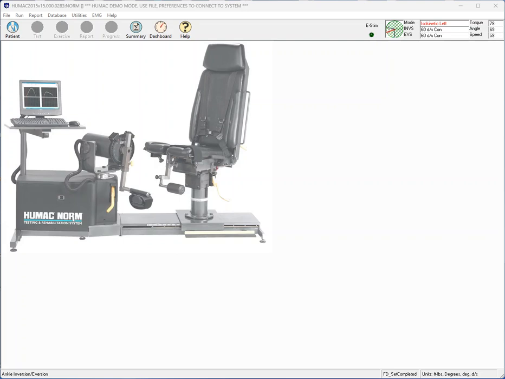This is a demonstration of the HUMAC NORM isokinetic system software. What you'll find is the HUMAC software is not as pretty as the Biodex System 4 Pro software. However, it is just as fast, actually faster, when you consider the mechanical settings on the devices, and the reports are more informative. So I'm going to walk you through doing a test, previewing reports, generating a progress report, and